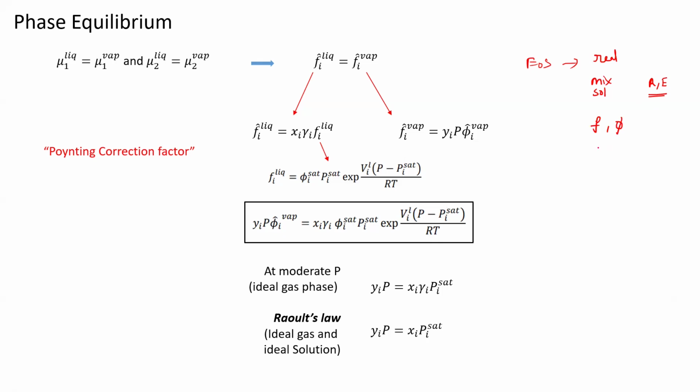And similarly activity. The fugacity coefficient is for the gases, and the activity coefficient is for solutions. The fugacity coefficient is for gas mixtures, and the activity coefficient is for liquid solutions. So